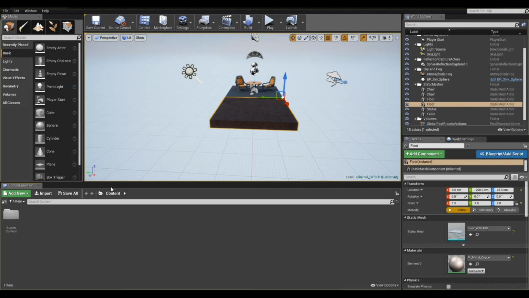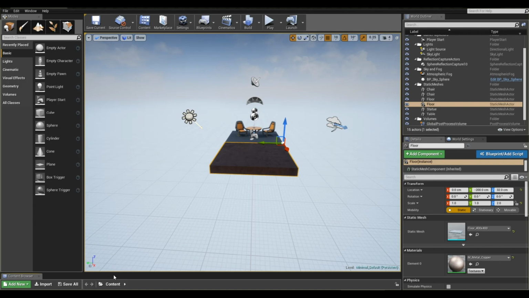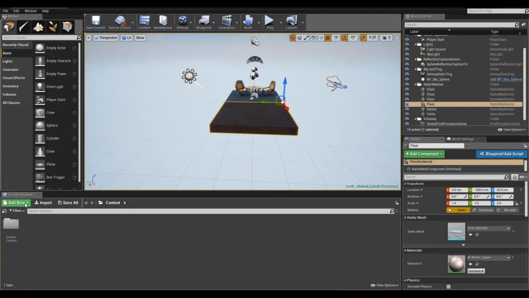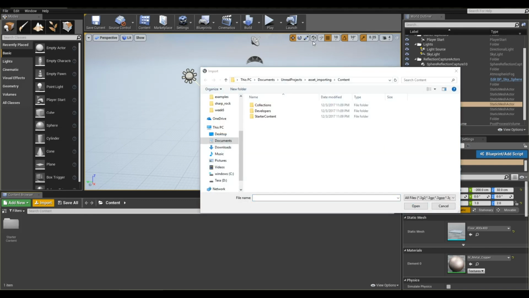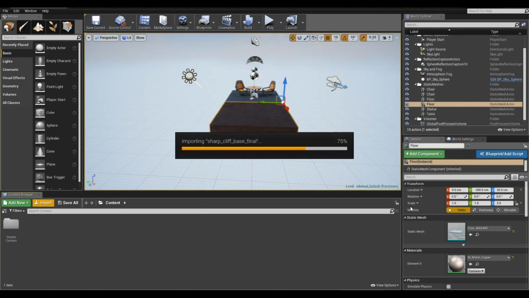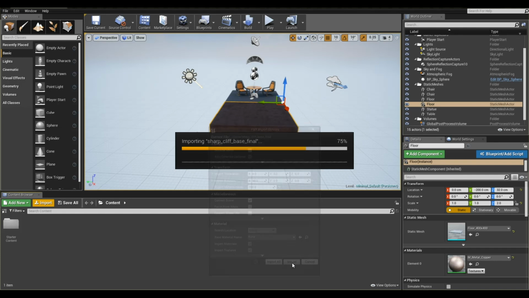This UI by default is going to be tucked in, so it will look like this when you first open it. We're going to expand it, and this is where we're going to import our objects. So first we need to import the OBJ file. I'm going to select the low-res version of the asset. I'm going to scale it 100. I'm going to rotate it on the X 90 degrees, and then import all,